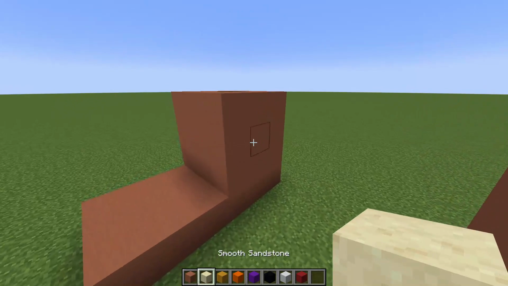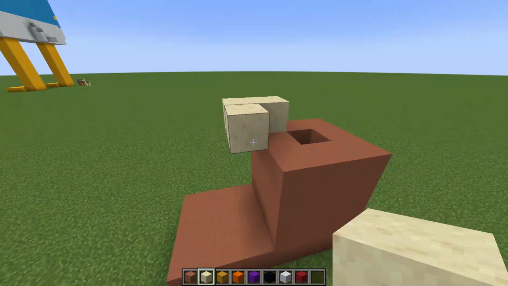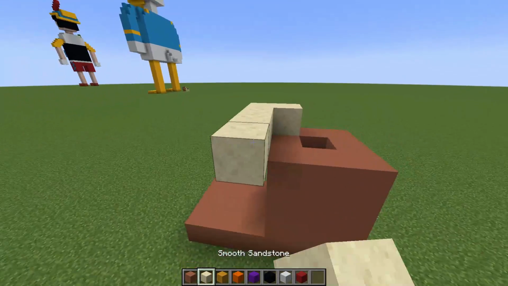We're switching to smooth sandstone and going one out, because he's got baggy